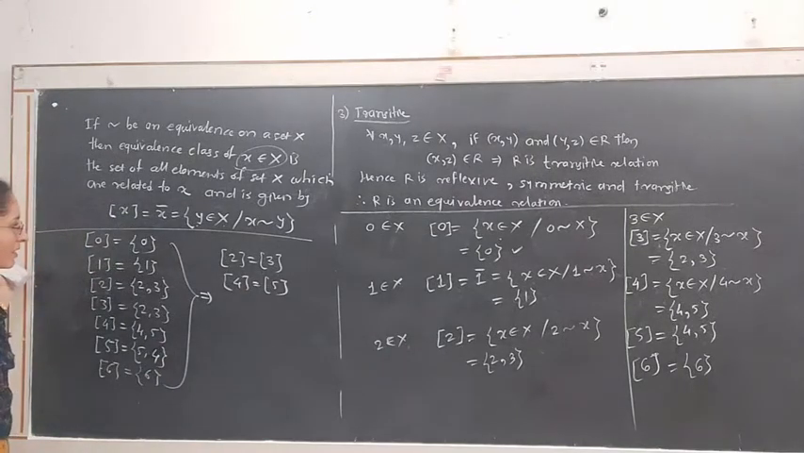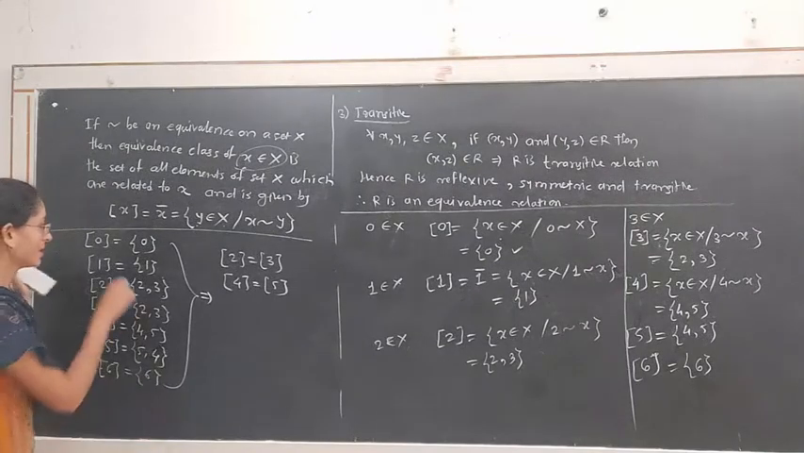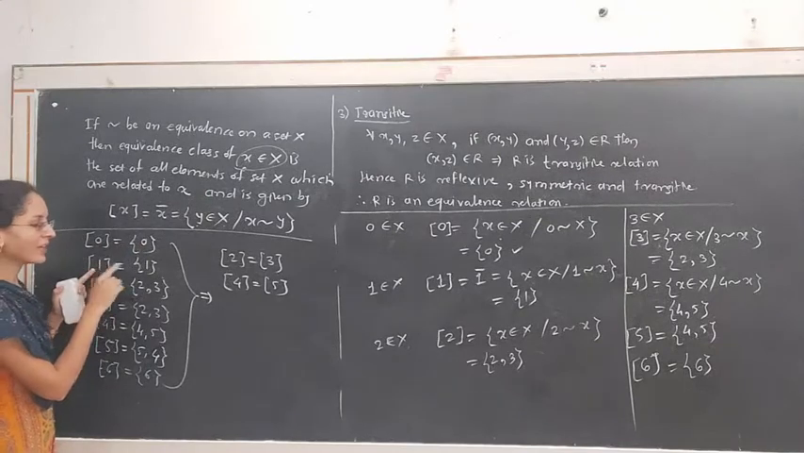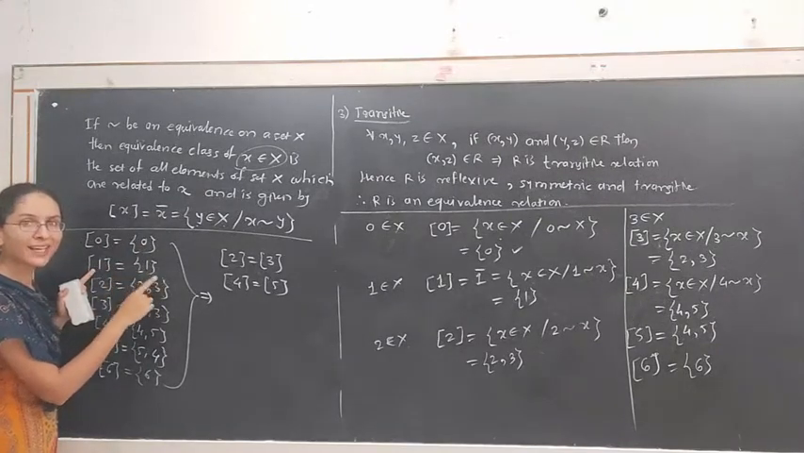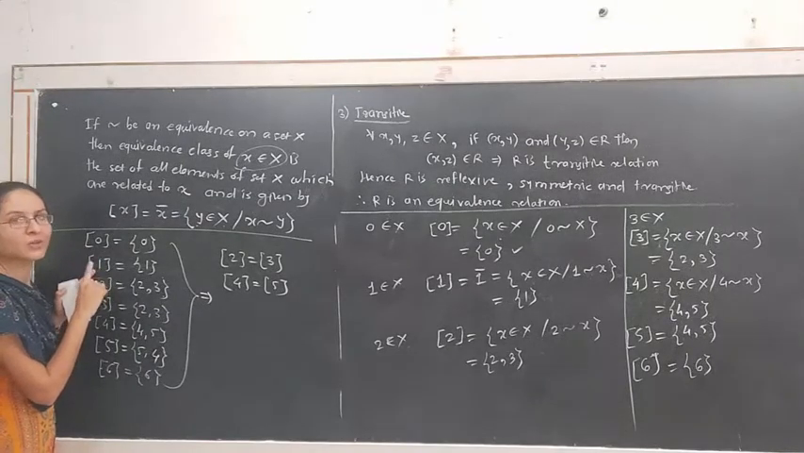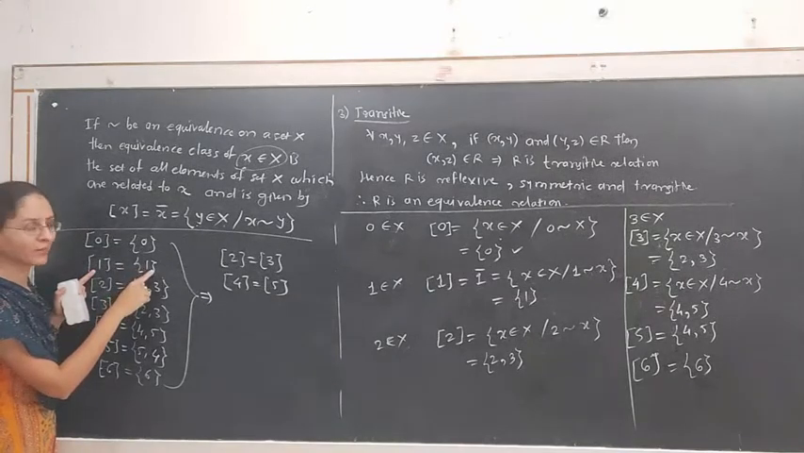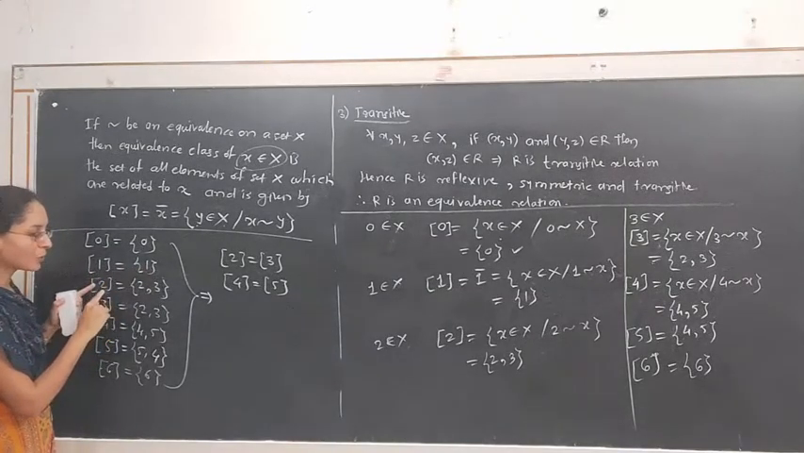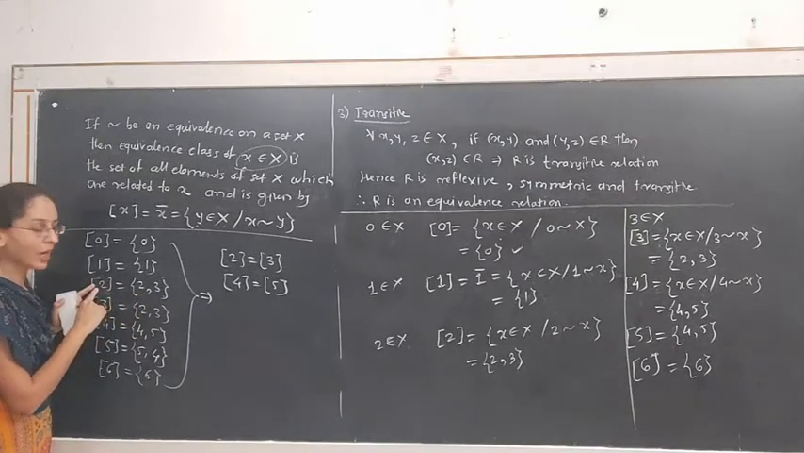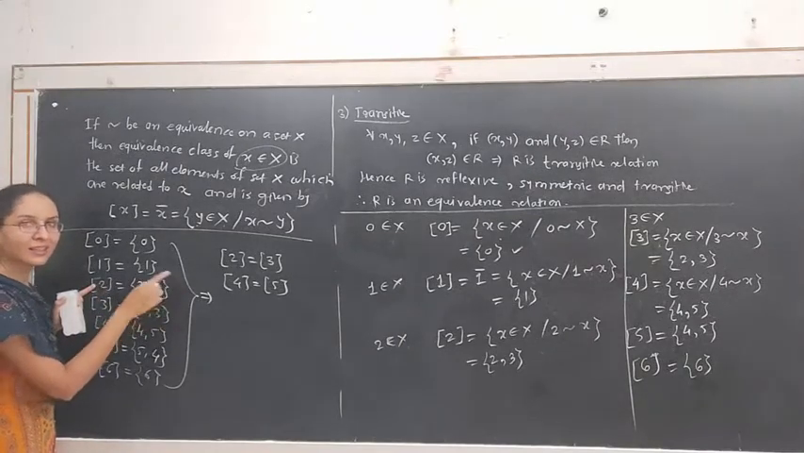See, each element belongs to its equivalence class. Equivalence class of 0 contains the element 0. Equivalence class of 1 consists of at least one element, that is the same element. If we are calculating the equivalence class of 1, then 1 must belong to this set. Equivalence class of 2 contains at least one element, that is the same element which is 2. And the element 3 belongs to this set because these are related in this